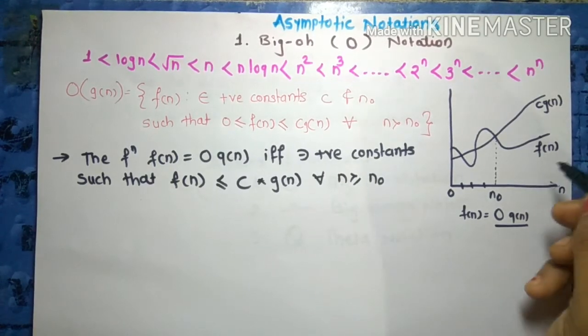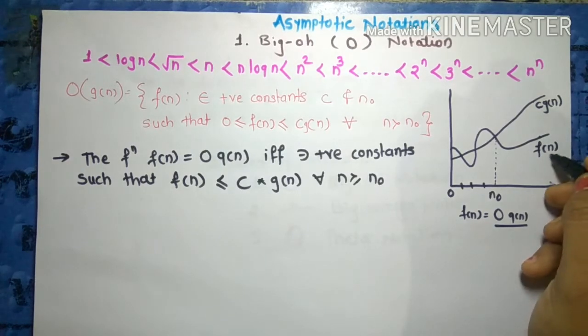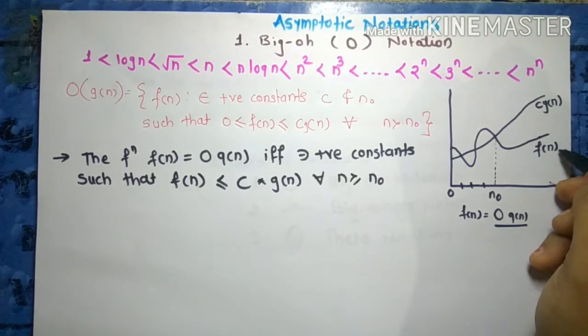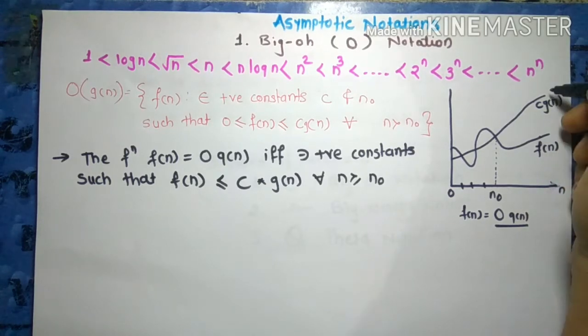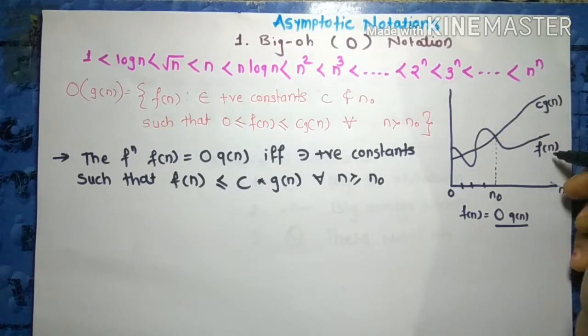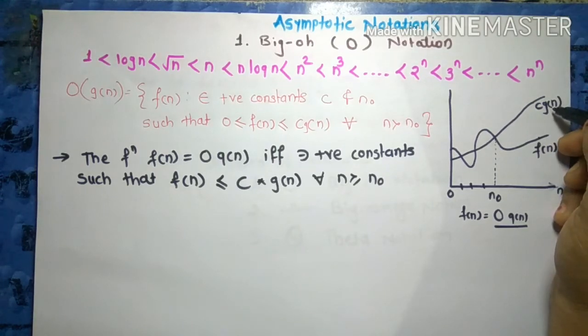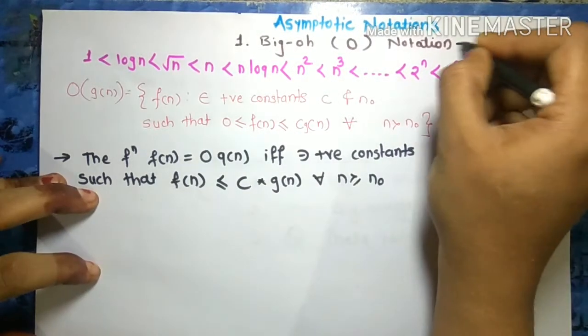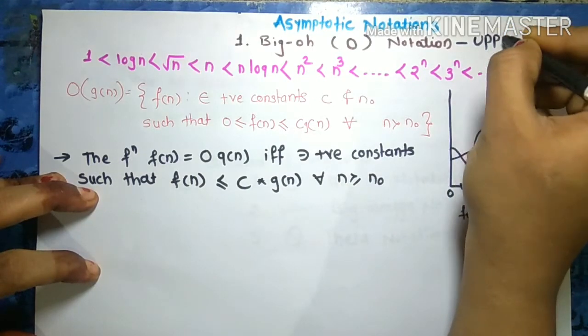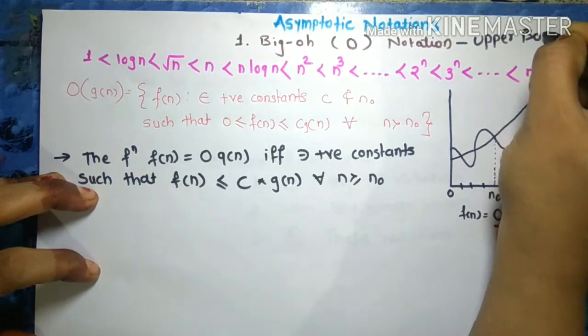If you look at this graph, let this be the function, and the maximum running time of the function can go up to this. This is the maximum coverage of time that this function will go, or become g of n, in the worst case of time. So this will give us an upper bound. So big O notation is also called an upper bound notation.